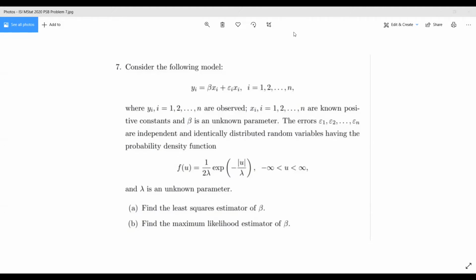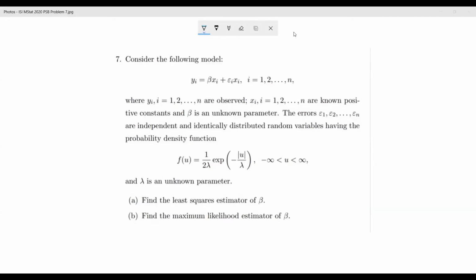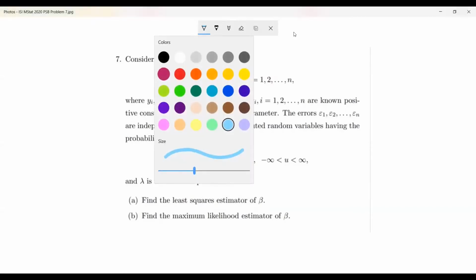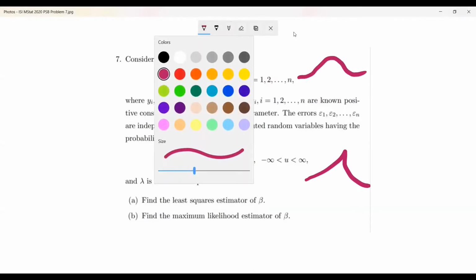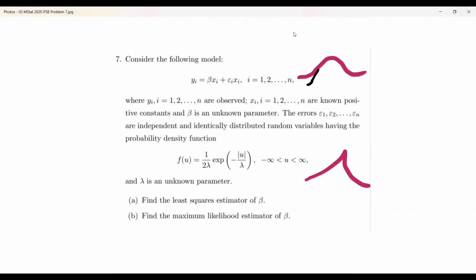And this distribution, what you're seeing over here, is actually called the Laplace distribution, okay? It looks the same as normal, but it's sort of, I'm so sorry for this bad diagram. Normal is like this, but here it's in a different form. It's not differentiable at the point where the error is 0. Laplace is usually denoted by L(mu, lambda) over here. Here the mu is 0. So let's see what the idea is.